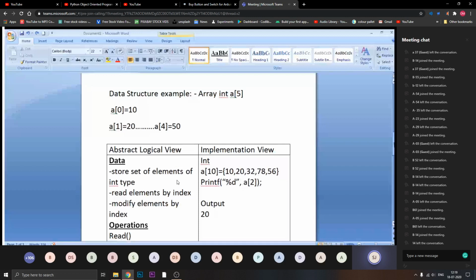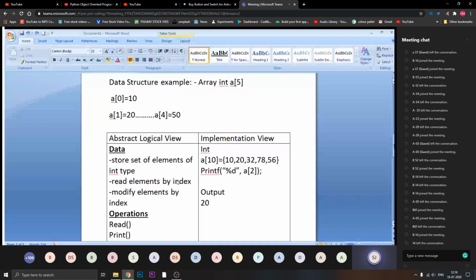Meaning we are considering only this part. Whenever I told you to write the abstract model, we are not bothering about the implementation view. So I make it red.